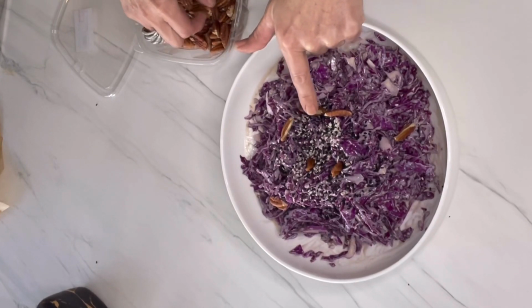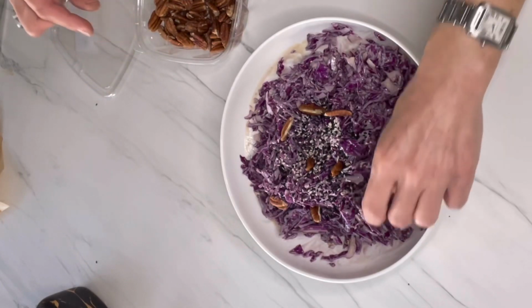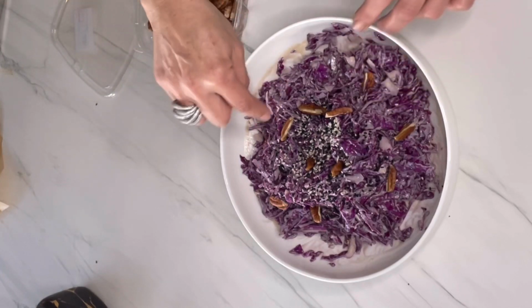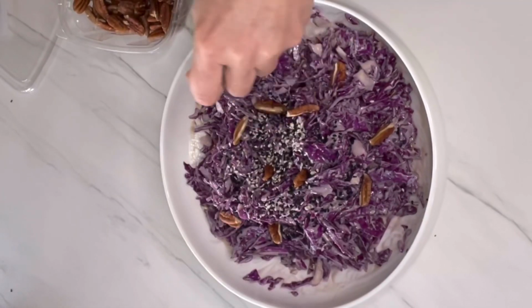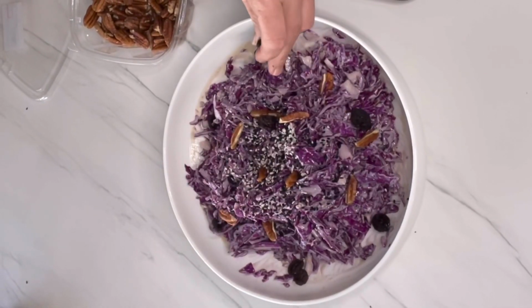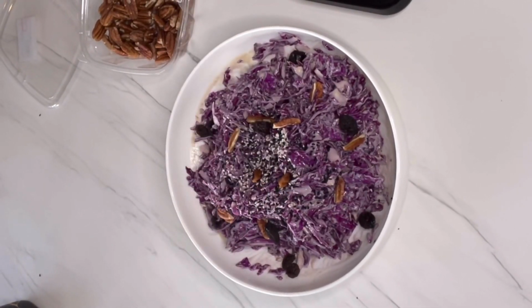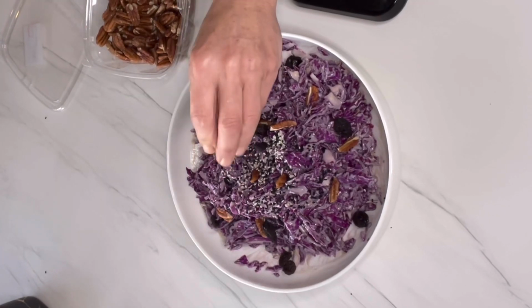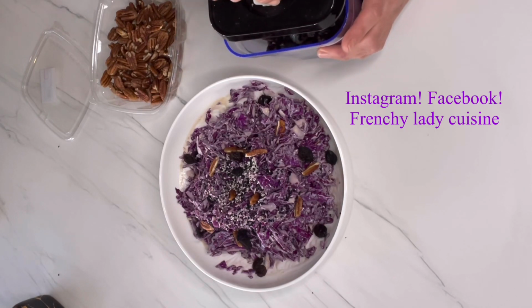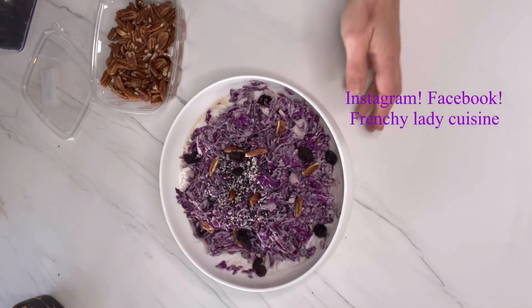J'ai rajouté un petit peu de sésame blanc et sésame noir. Ou des petites noix de pécan. I add some black and white sesame. I add some pecan nuts. Black raisin. Just a little like that. To give a playful texture. Voilà. Un petit peu de raisin, un petit peu de pécan, des sésames. And